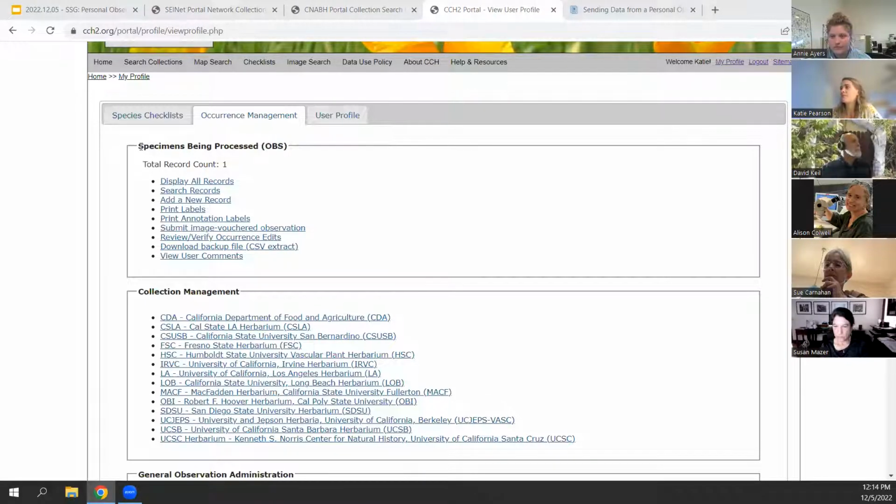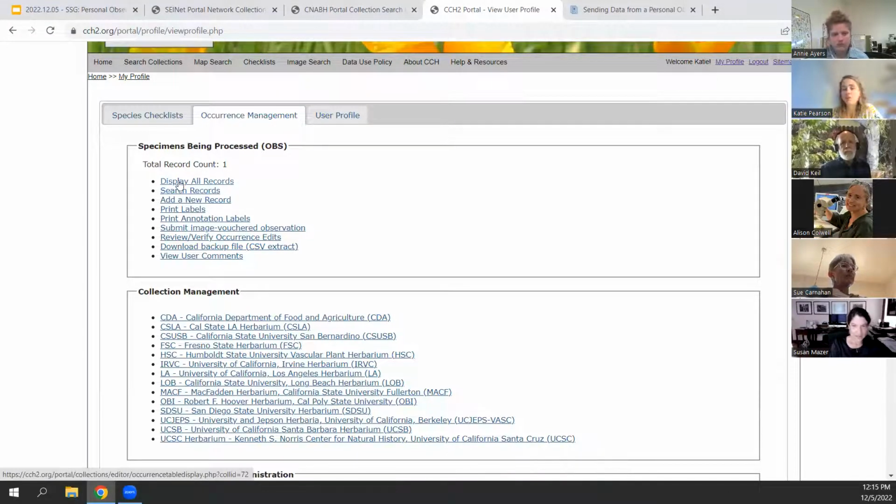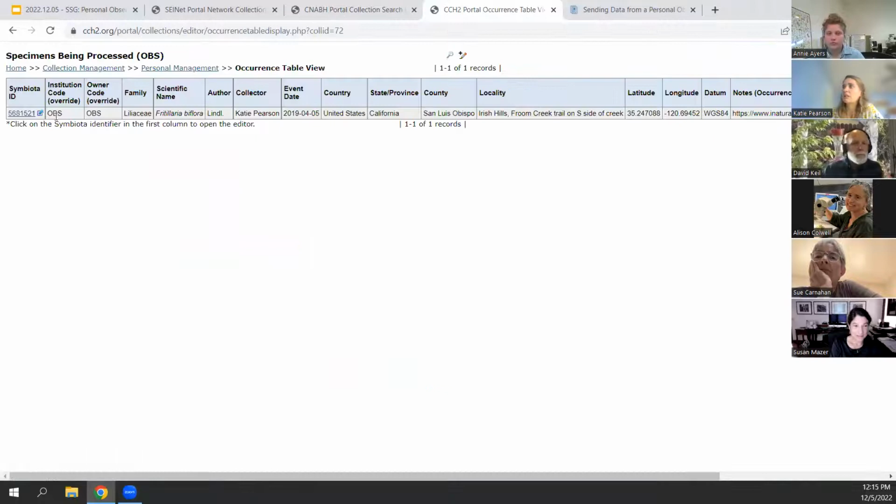So this box is going to be named according to whatever the personal observation profile name is. In this portal, it's called Specimens Being Processed. And you can see the options that I have here. I can look at all the records that I have entered into my own Specimens Being Processed observational records. If I click Display All Records, I'll see the whole one specimen that I personally have in here, which